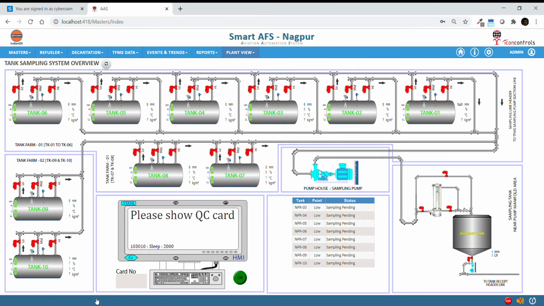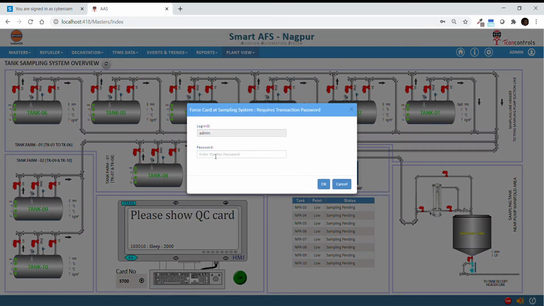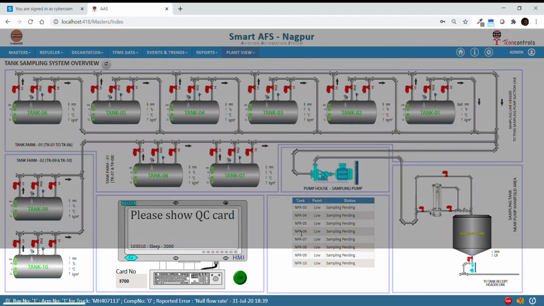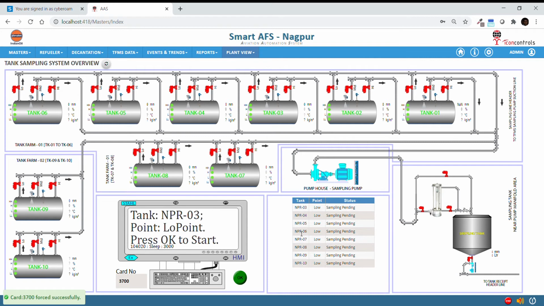So first, based on the pending samplings, a QC card has to be shown. So suppose we force a QC card from here. Here it starts with the first point, that is the tank 3 low sampling end. We say OK,